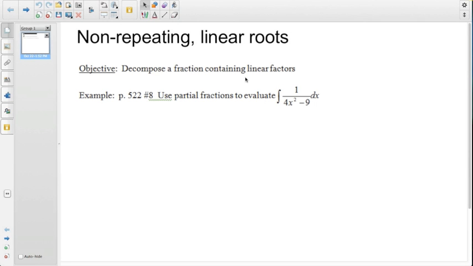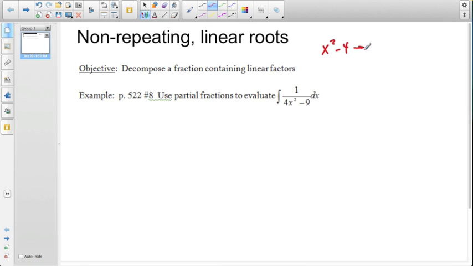So in this example, we're looking at what we call non-repeating linear roots, and that was kind of like our example from the other day of x squared minus 4 being able to be factored into x plus 2, x minus 2. These are unique roots. They don't repeat, and they're linear, and so this also is factorable, and so we're looking at factoring this into